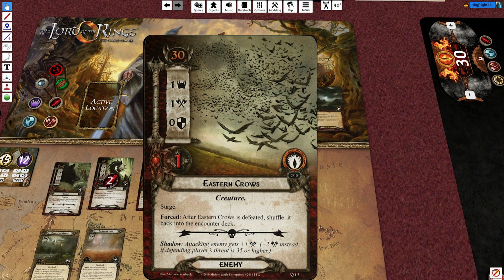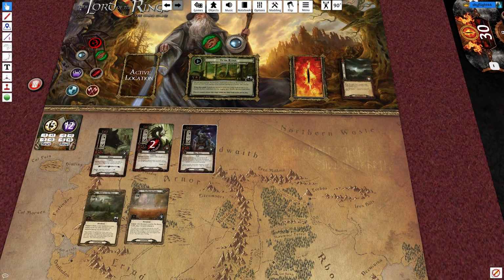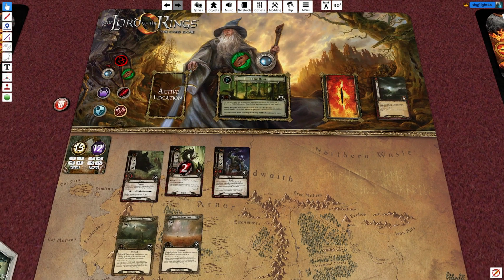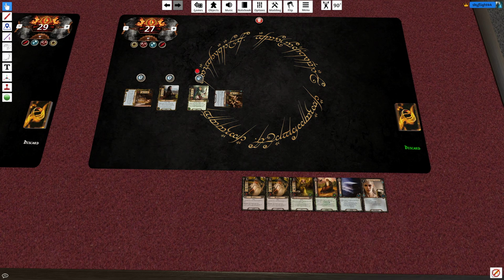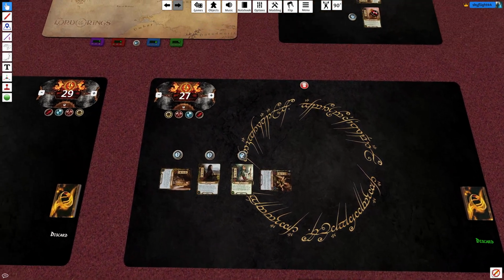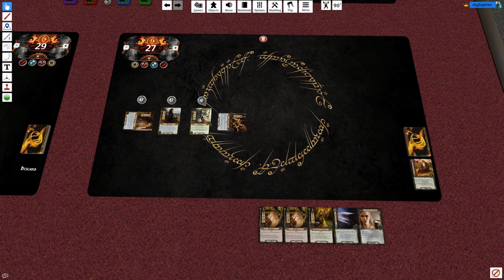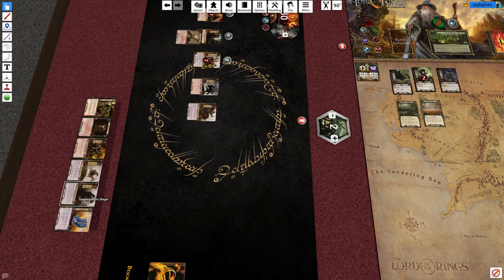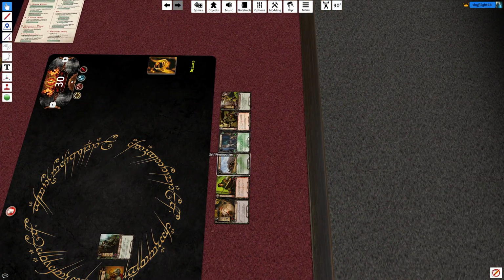And Eastern Crows. See, Eastern Crows is Surge. But Thalion is going to kill this thing off before it even appears. So after it's defeated, shuffle it back into the encounter deck. This is the power of Thalion. So we have 3 we can throw onto this. If we want, we can blank out the Marsh Adder, which I'm going to do. And then we can discard 2 cards for Éowyn's ability. And those are going to be Son of Arnor. And from here...